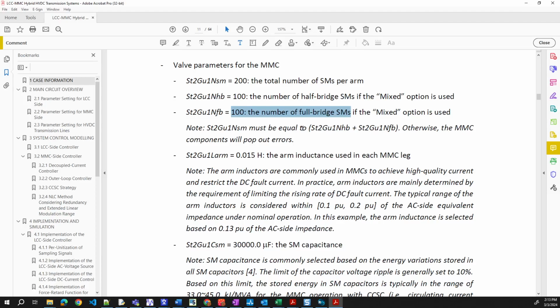Otherwise, an unnecessary component will pop up. Okay, that makes sense. So there's an option where you can do the mix option. The thing I want to try is mix.